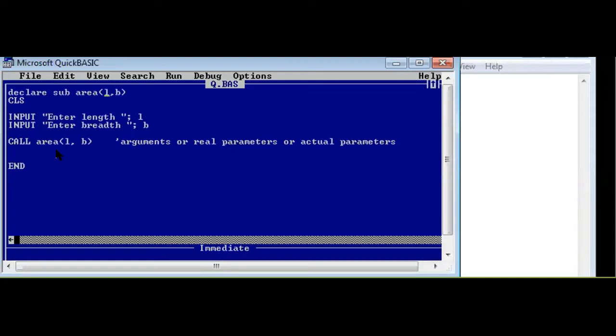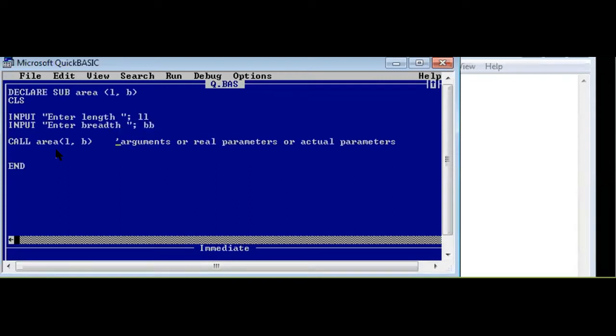Okay. Now let's go towards this part, that is input, enter length. Now, if you look over here, this parameter and argument, it has the same name. Here also we are using L comma B, and here also we are using L and B. Now, suppose if somebody writes for length LL and for breadth, if somebody writes BB, then over here in this calling part, there will be some changes, and the changes are, now here we are storing our length value in LL variable, and here we are storing our breadth value in BB variable.